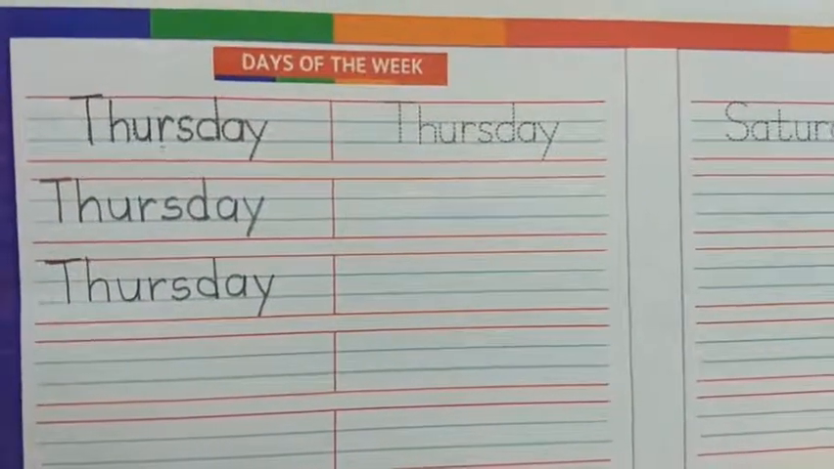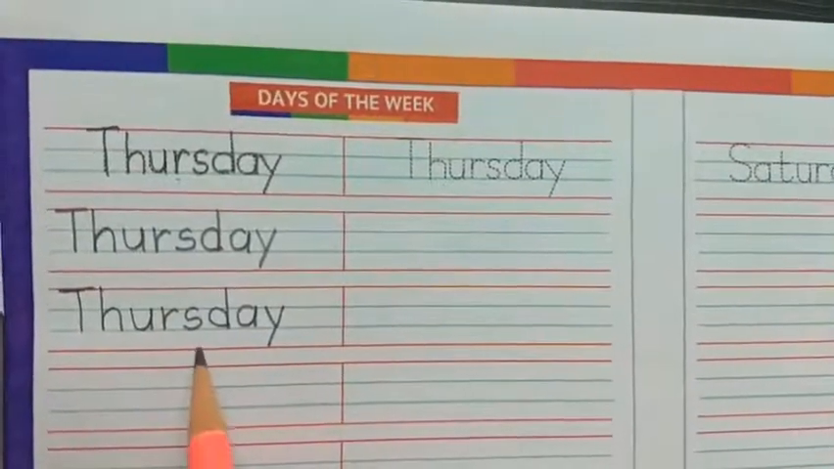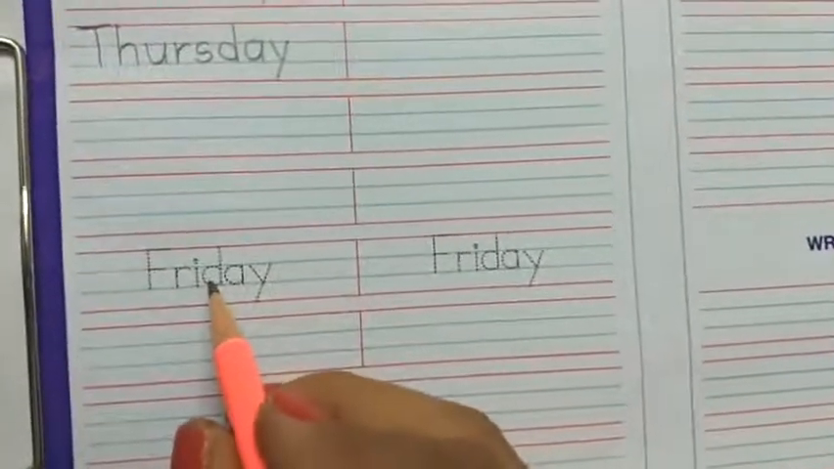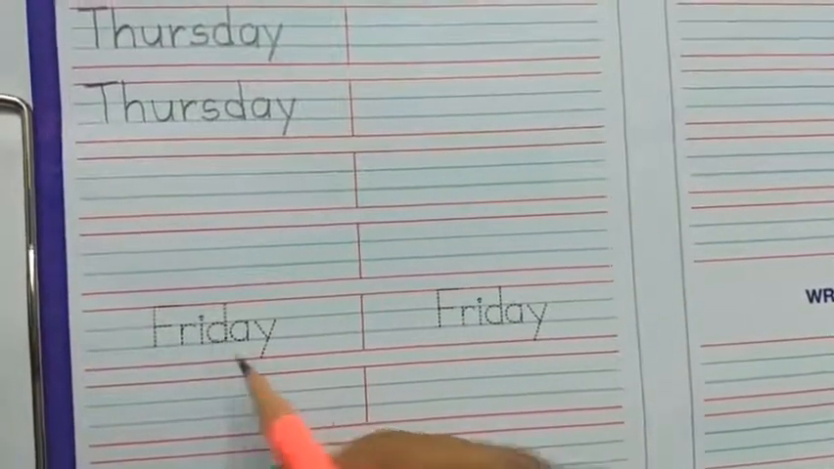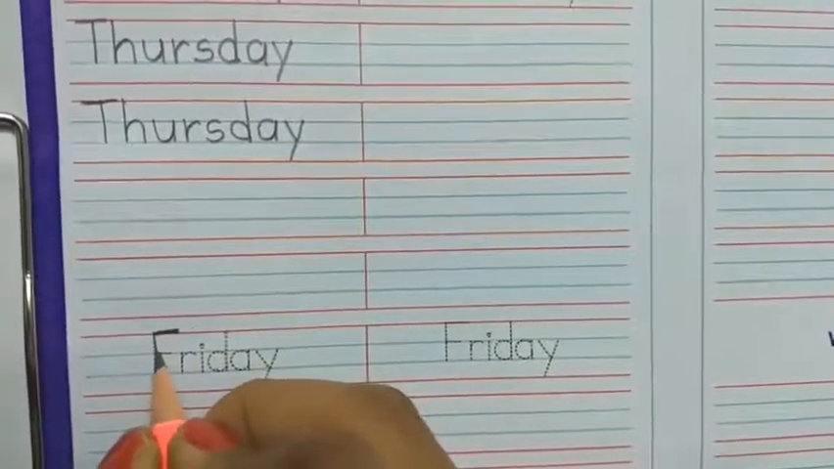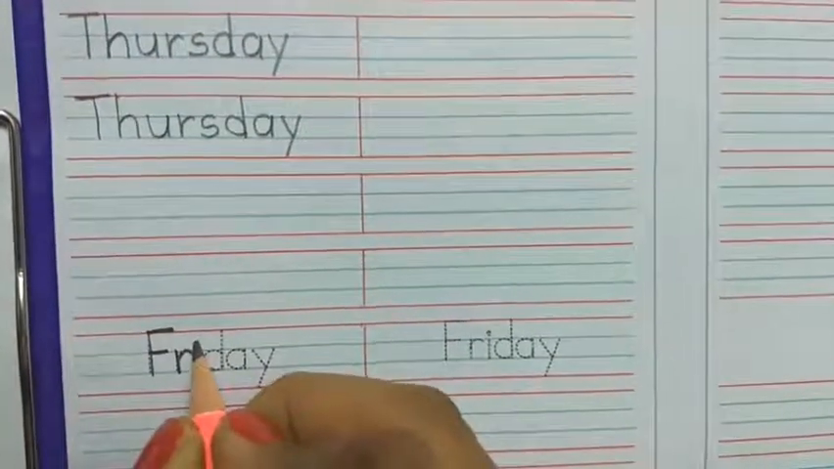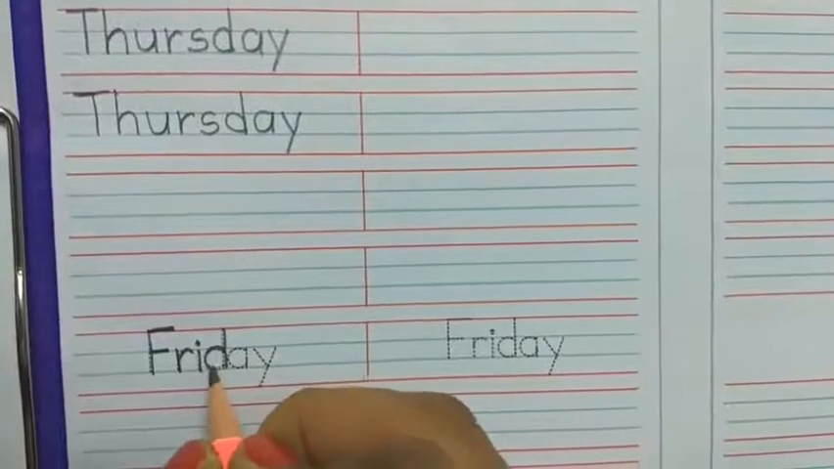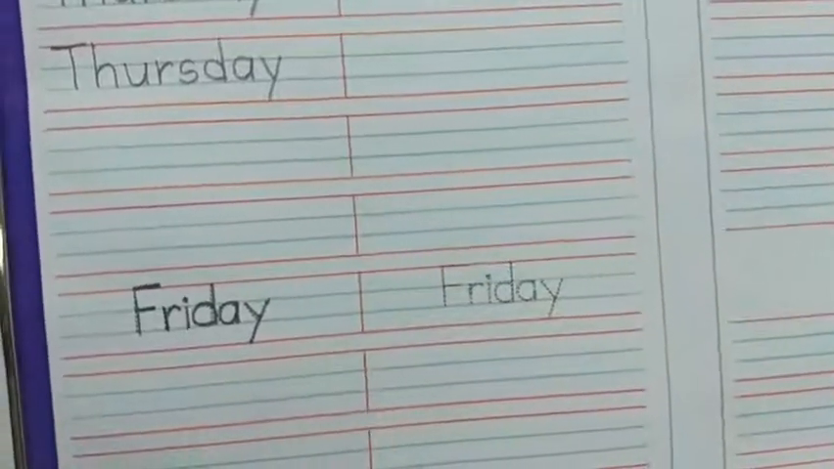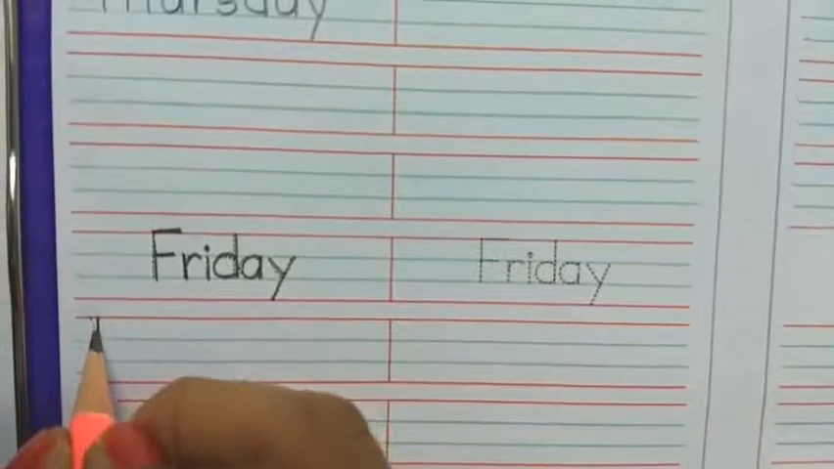Sunday, Monday, Tuesday, Wednesday, Thursday. And after Thursday, Friday. So we will trace Friday. F, R, I, D, A, Y. Friday. Now we will write here same capital F,